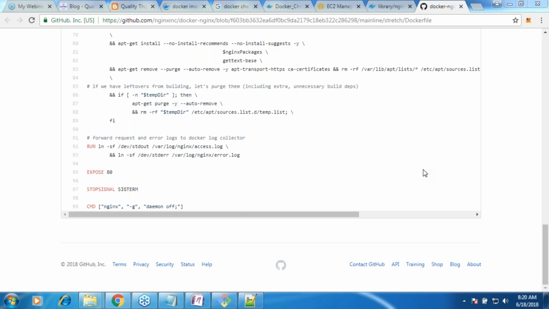How are the 3 different versions of Nginx images? Okay, all 3 different versions of Nginx images. How can I differentiate? You have tag. How did you download it? You have used tag. For one image, you had a tag called latest. For the other one, you have a tag called 1.14, and for the other one, you have a tag called 1.14-perl. So to differentiate images, we'll be using name plus tag combination. Name plus tag combination. That's how it is.